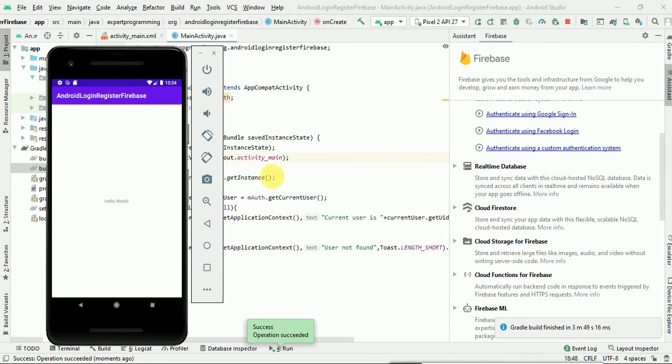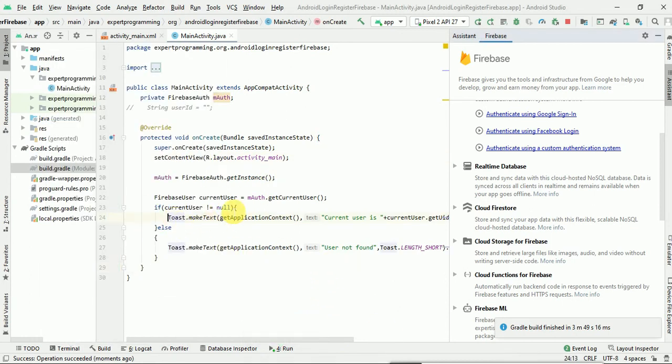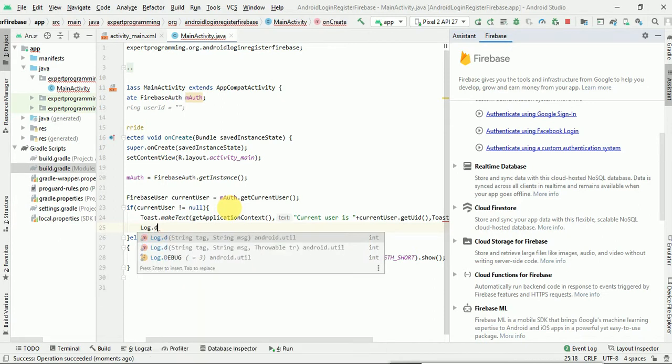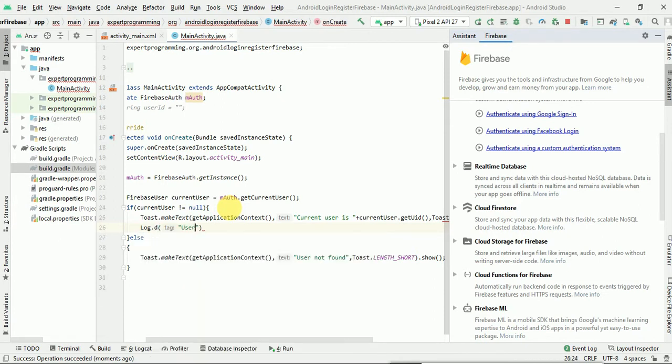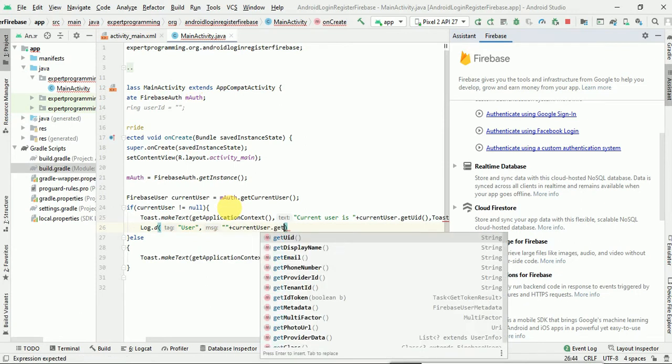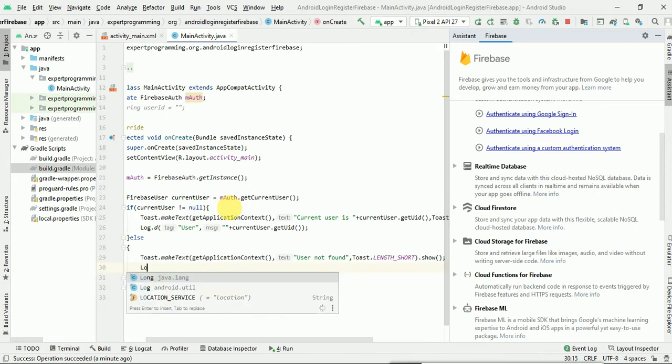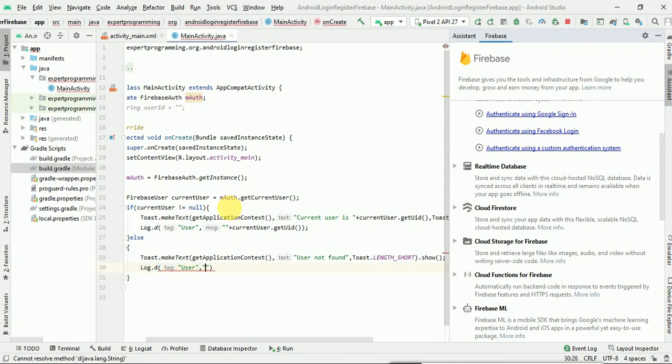I'll run again, or otherwise I can put the log over here, Log.d, log user in plus I'll get the current user dot getUid, else user, and now user not found.